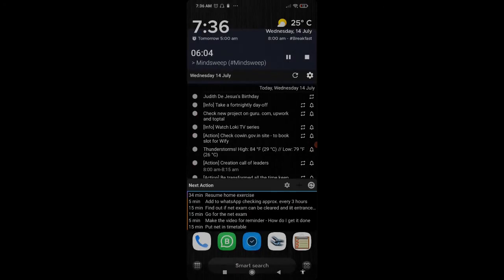So let's walk through what it is that I have for me on my mobile phone. So let me take you to my home screen. Now my home screen has multiple widgets, and I'll give you a walkthrough of which are those widgets. So starting from the top, you see a weather